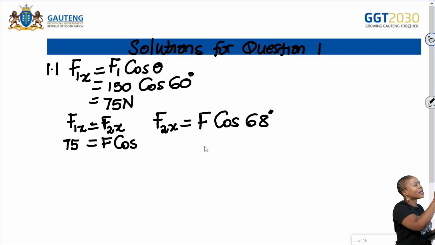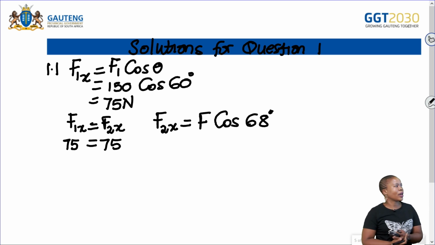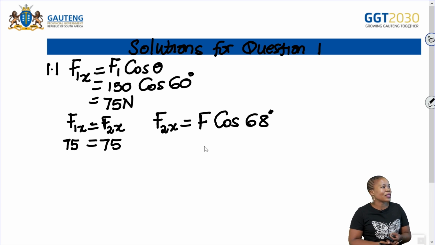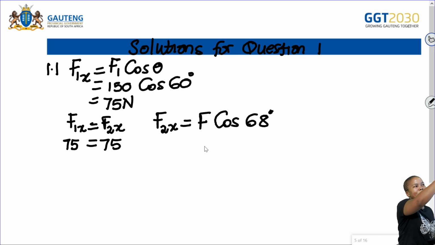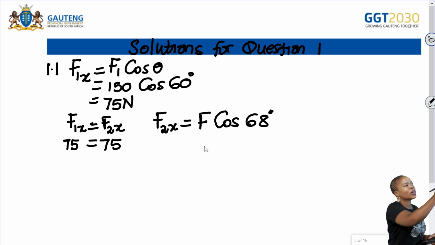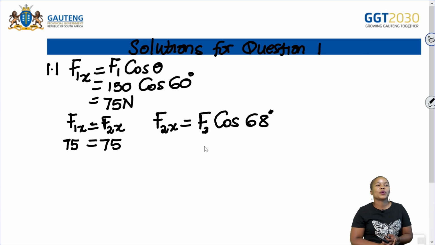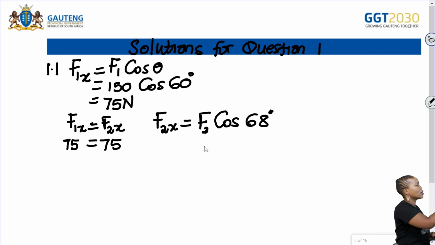Remember here we're saying if F1x is equal to F2x, that means both of them are 75. So why are we doing that on the side? So that we are able to find the magnitude of the main force, which is your F2. Let's just write F2 over here. So why are we saying this? Let's go back a little bit. It is because your forces in the horizontal are balanced. So therefore we're saying